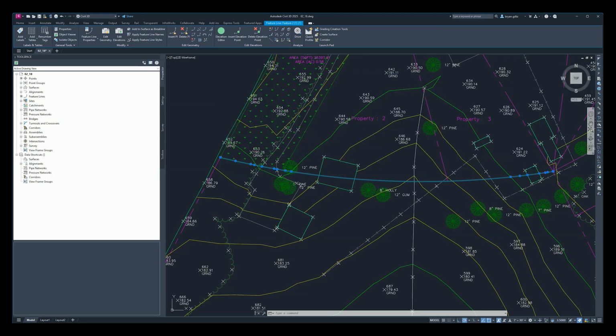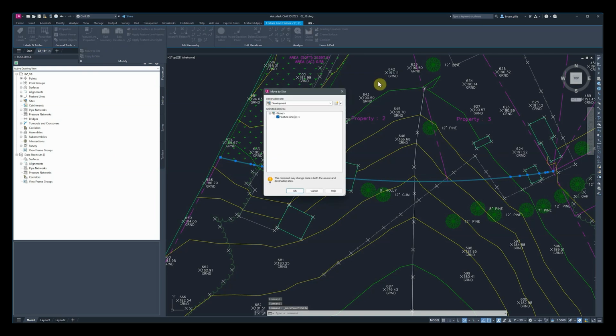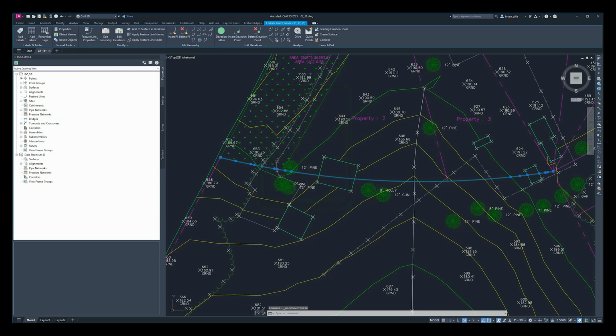So one more time, we're going to go ahead and with our feature line selected, click on modify, go to move to site. This time we will make sure that we put it into our survey site. So in the destination site drop down in your move to site dialog, make sure you select survey site, make sure your feature line is selected here, and then go ahead and click OK. Okay, so once we've done that, we need to click back over here to our home tab, and then we are going to need to go over to our